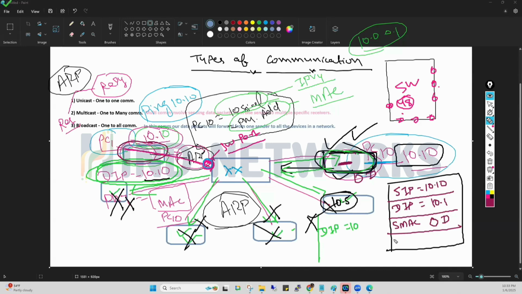Now, what will be the destination MAC? Destination MAC means the MAC address of which device? The destination device. This PC is going to send this packet to which device? PC number 1. So for this PC, PC number 1 is the destination. Yes or no? Right? So the destination MAC will be PC number 1's MAC address. So PC number 1's MAC address will be